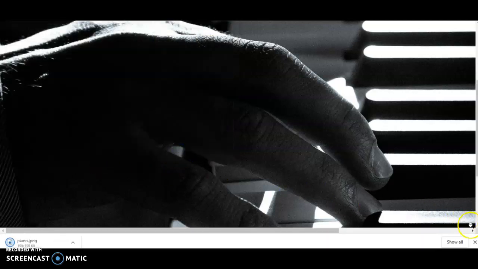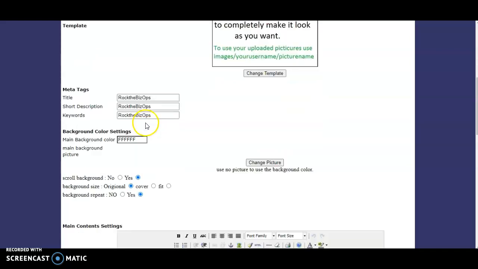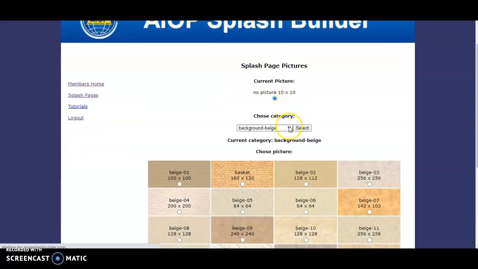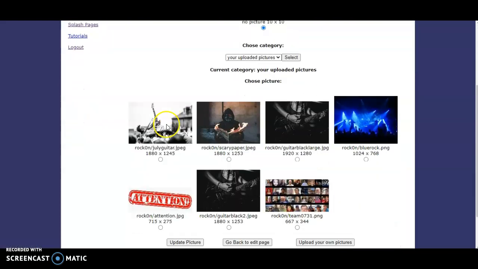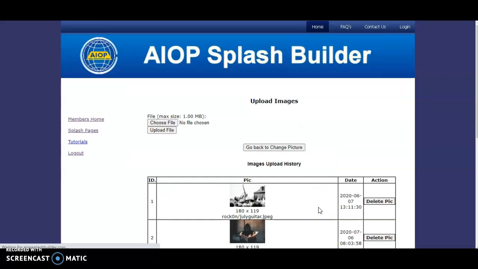Saved. Right? I'm going to go back to my AIOP Builder, and in the middle area here I'm going to select change picture. There we go, sorry for that delay. I'm going to select your uploaded pictures. Now I need to actually scroll down and click where it says upload your own pictures. I'm going to have to find that piano picture. So next page, choose file,